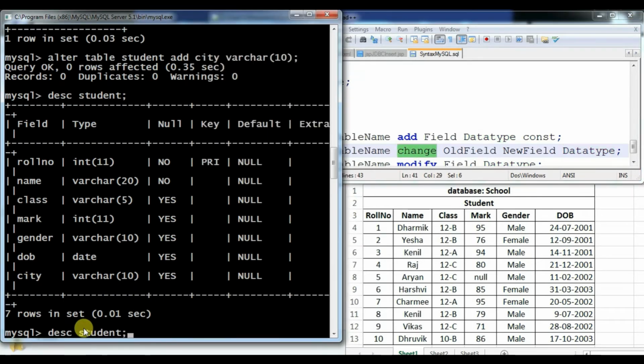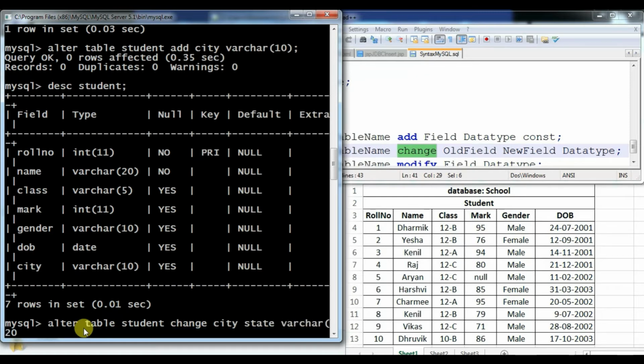Alter table student change, old field name, that is city, new field name, suppose I want to make this field state, and the data type, that is varchar, and then a semicolon. Alter table name change is for when you want to change an old field name to a new field name.